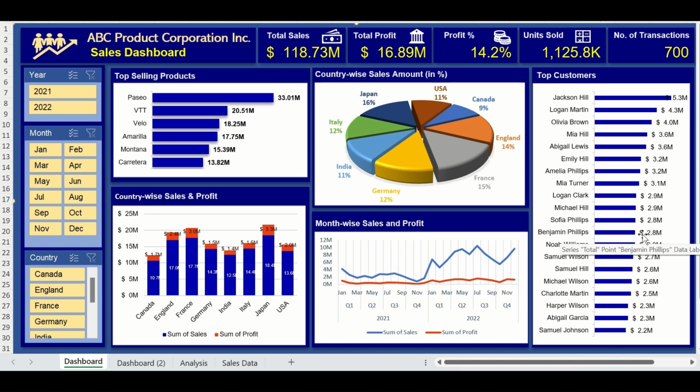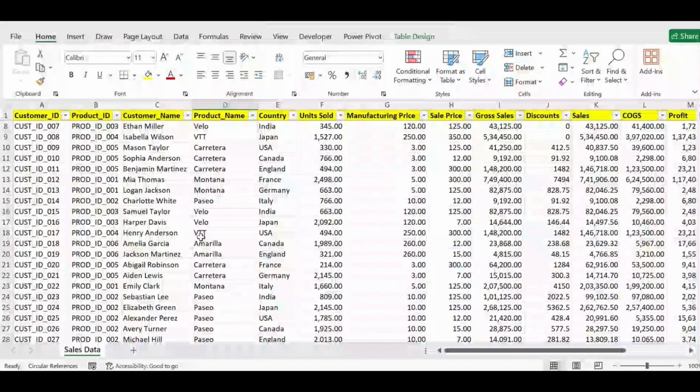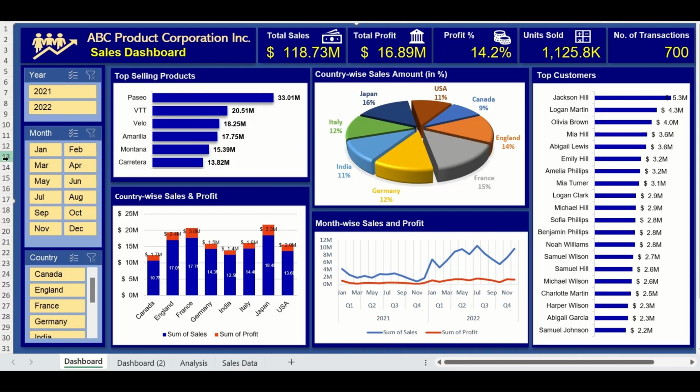Welcome friends. In this video, we will see how to make a dashboard like this from the raw sales data as per our customer's requirement. This is a sales dashboard from where you can see the total sales, total profit, profit percentage, units sold, number of transactions, top selling products, country-wise sales amount, top customers, country-wise sales and profit, and month-wise sales and profit at